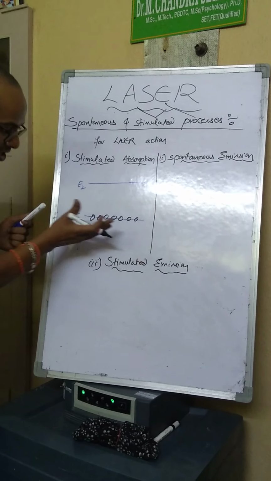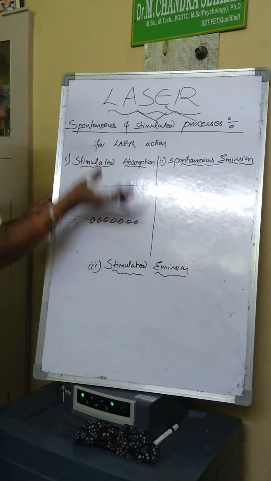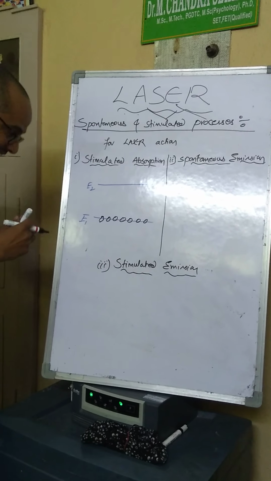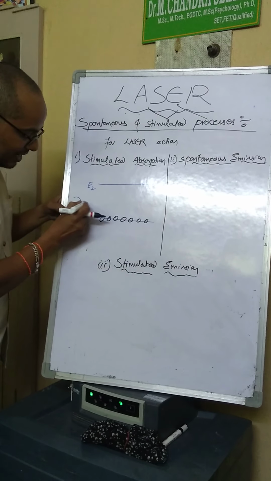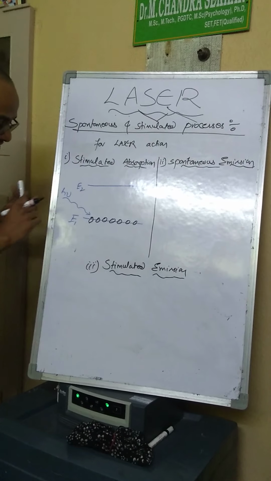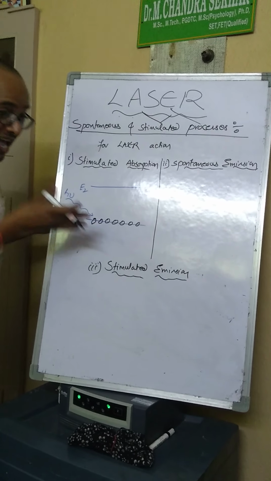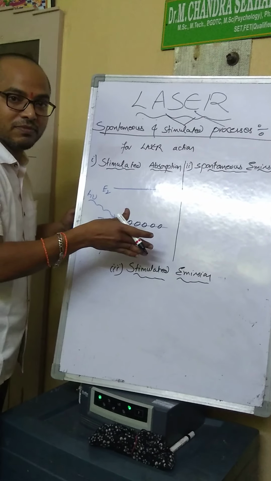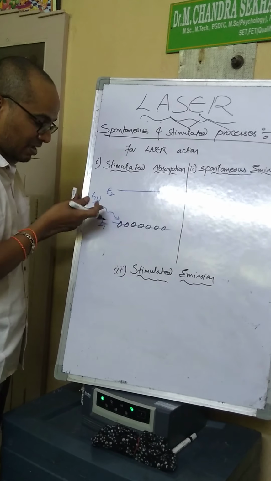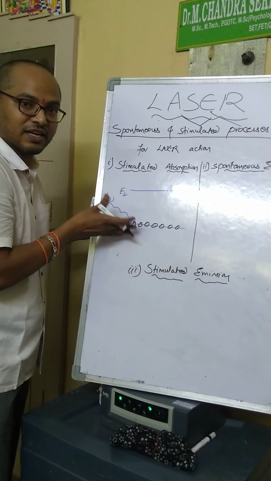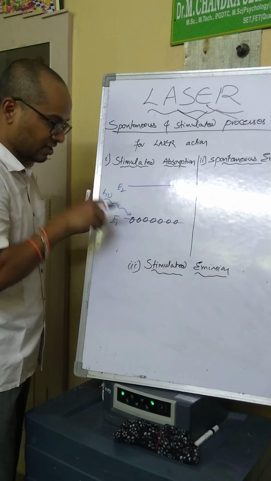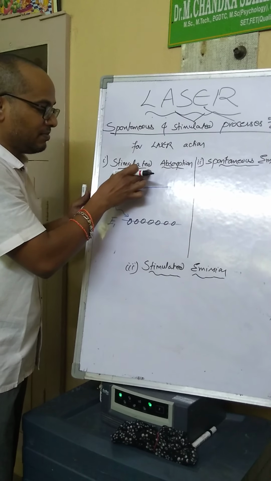Now in order to excite them from the ground energy level to a higher energy level, I will supply an external energy like a photon. This is external energy hν. And this external energy I am giving, I am stimulating, I am enforcing them. Therefore the word stimulated. This is not occurring by itself. I am supplying the external energy, like a photon hν. And as the external energy is supplied by an external source like me or like you, hence the name stimulated,